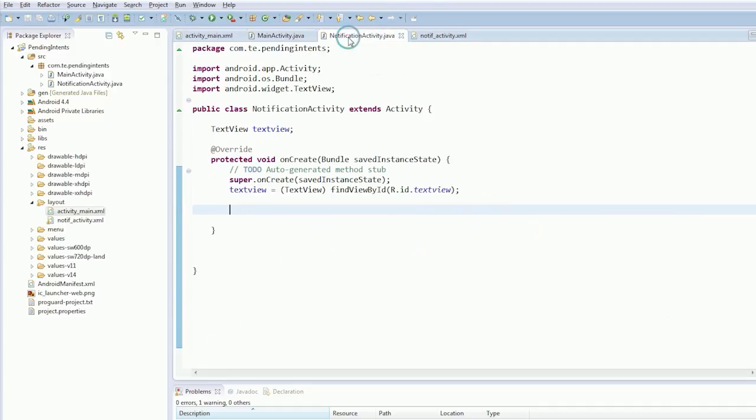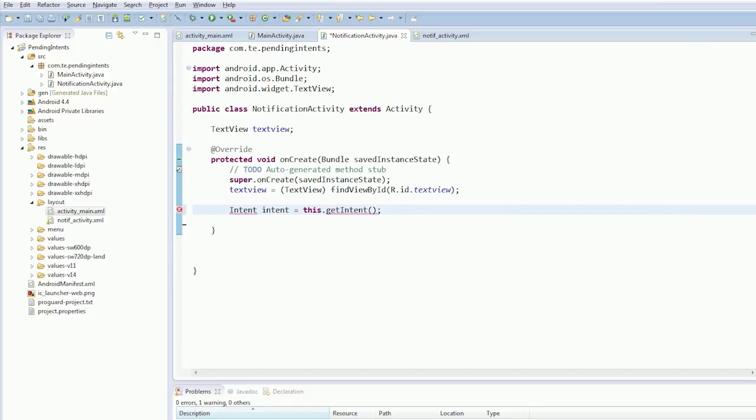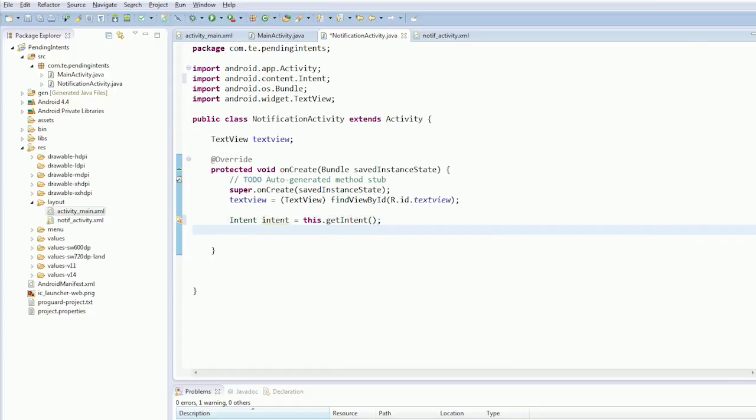And then we're going to go to our notification activity. We're going to get the intent. Get intent, Control-Shift-O, and then text view